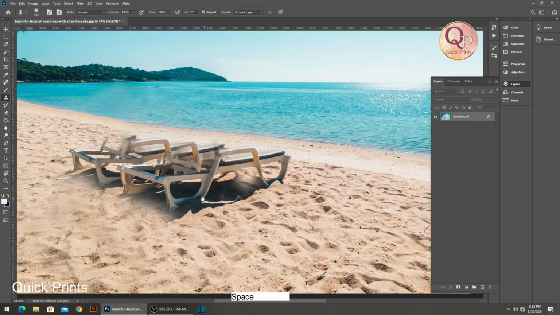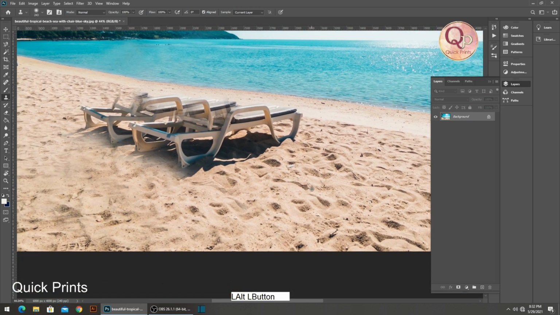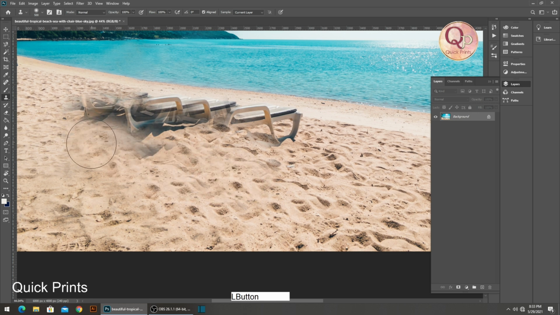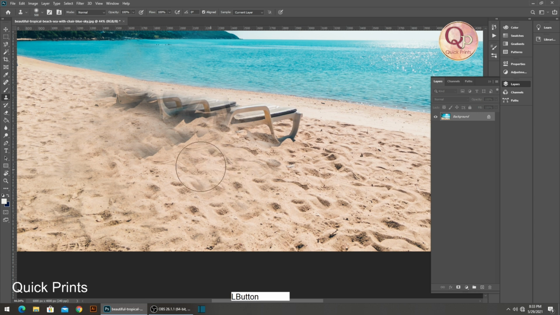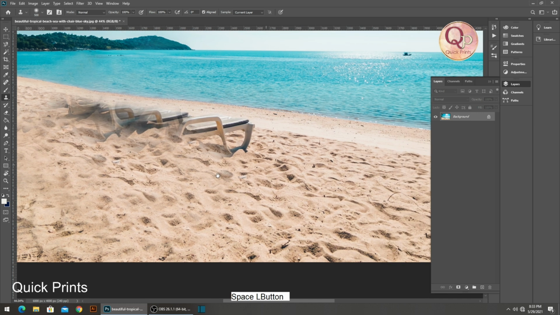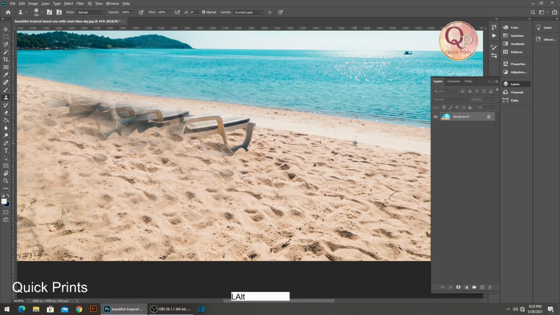So let's fix this part first. Increasing the size of the brush. We will fix this texture later. Okay, we have to reduce the size of the brush.